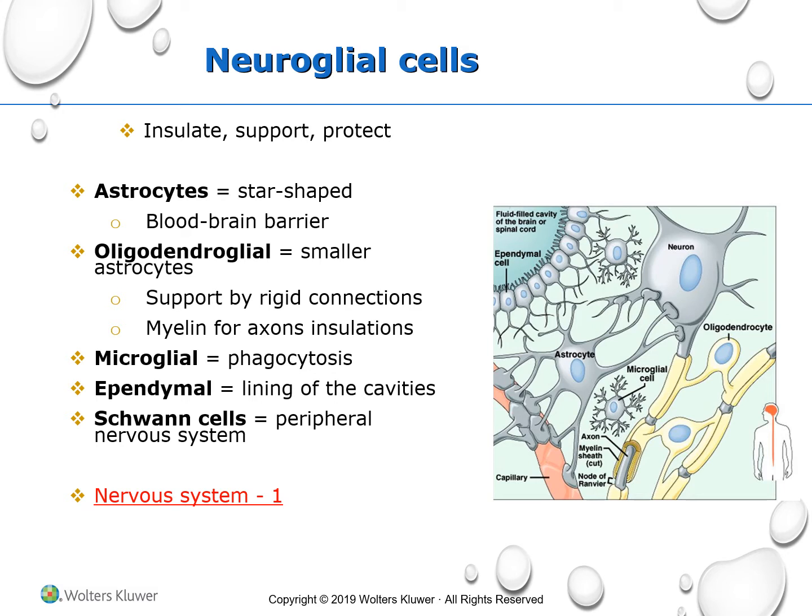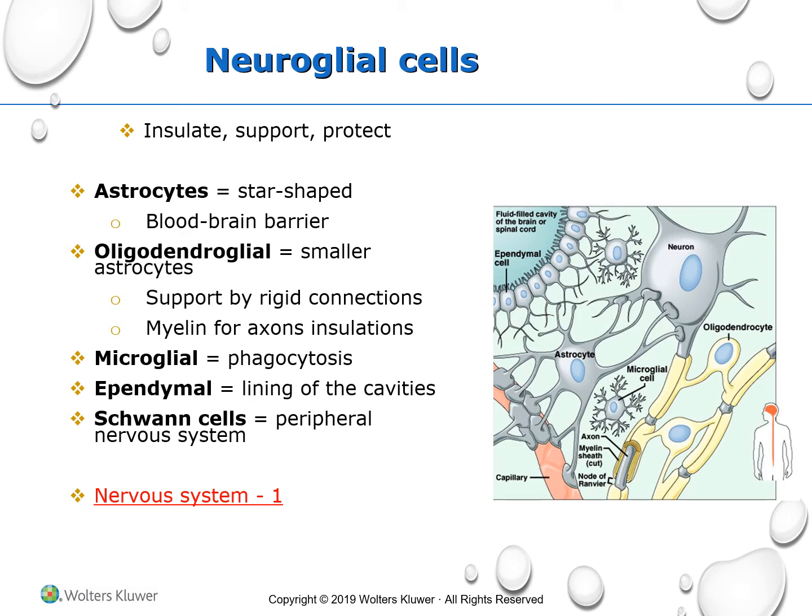Neuroglial cells. Those are specialized cells that make up to 90% of both the central nervous system and peripheral nervous system. And if I'm saying that, you're understanding that our neurons are only 10% of the whole amount of the nervous tissue. Neuroglia is a support cell. And the name glial comes from Greek and means glue. We already described before the Schwann cell that forms the myelin sheath in the peripheral nervous system, and that's one type of neuroglial cell, but we have some others.